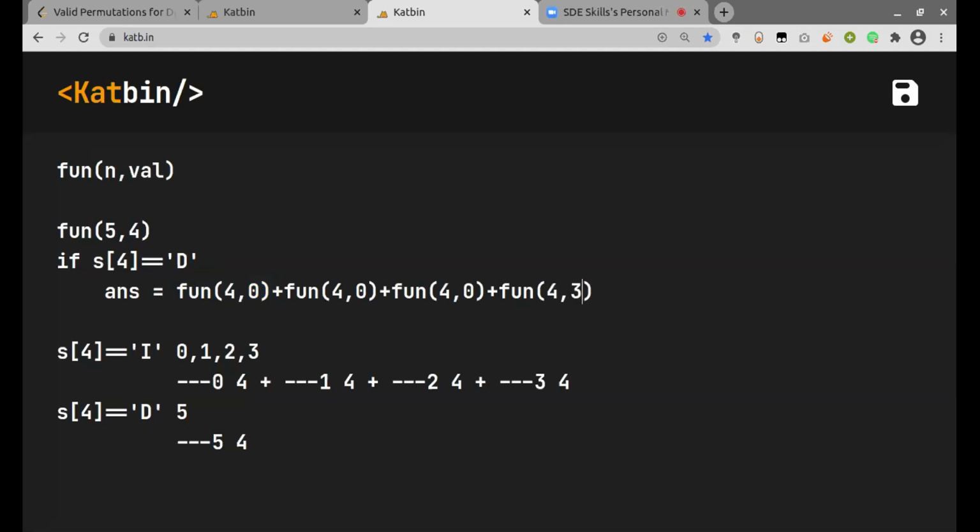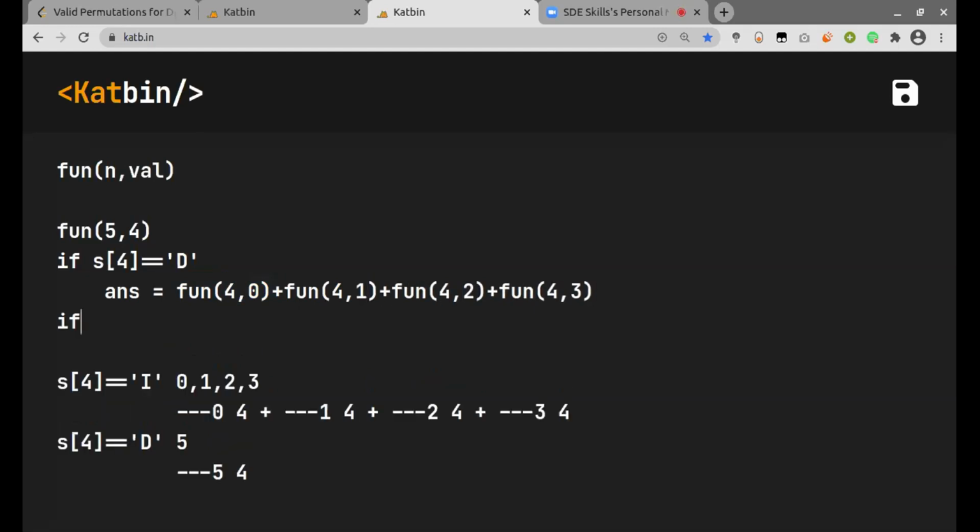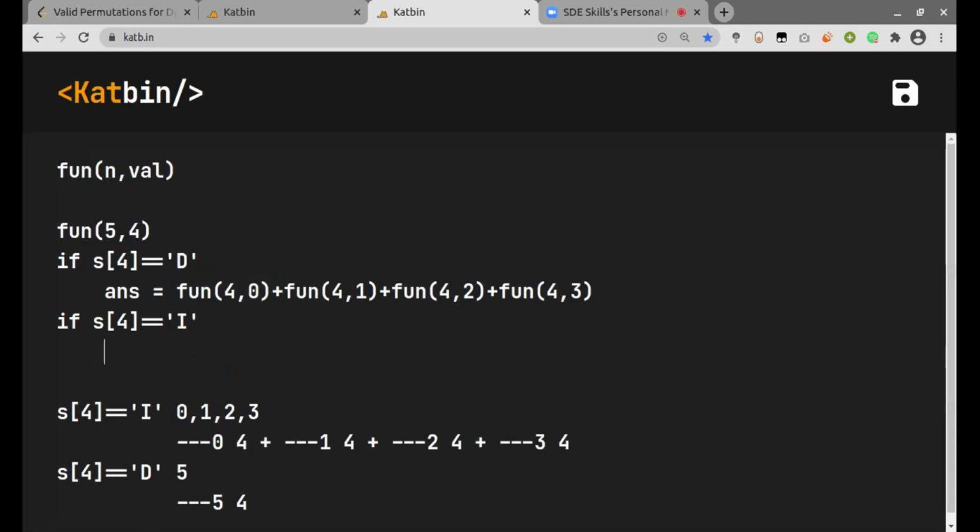So the values are 3, then 2, then 1. Now again, suppose we needed an increasing sequence, then we could just do this. Since there is only one value which is greater than 4, we just need to find this value, which is our function call with length 4 and ending with 5. So this is what we have to do here if we start from the rightmost end. So here end determines the length of the permutation.